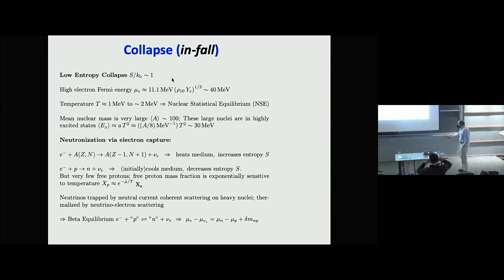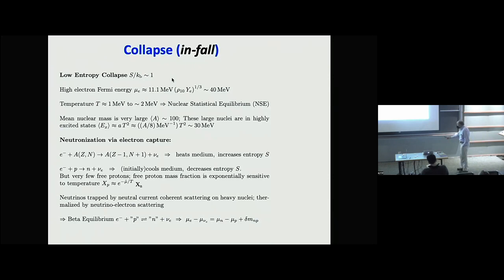So eventually the neutrinos in this collapse are trapped by coherent scattering on the heavy nuclei. Remember, coherent scattering will go like the number of nucleons in that nucleus squared, and you can see that the number of nucleons is quite large. So that tends to be conservative scattering, and energy distribution among the neutrinos is mostly governed by neutrino-electron scattering and some nuclear processes as well, like de-excitation of hot nuclei into neutrino pairs.